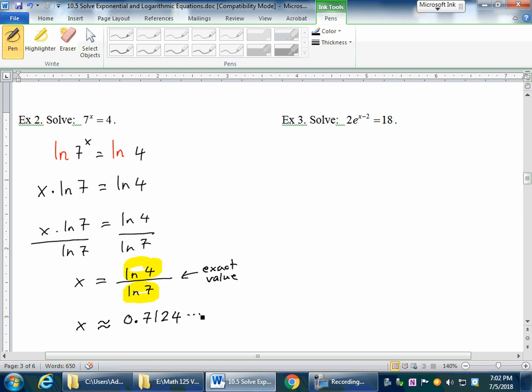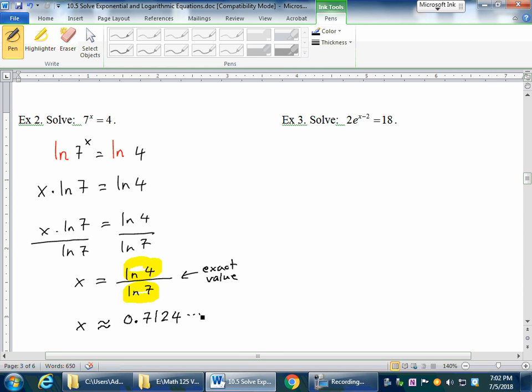So double check ln of 4 divided by ln of 7, and that will be 0.7. So take a look at our next example. In this example, same thing, right? I cannot rewrite